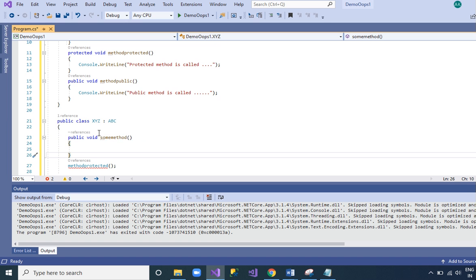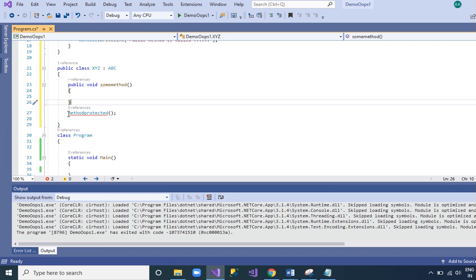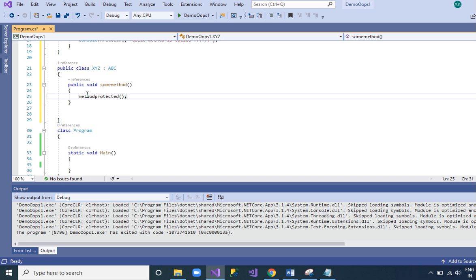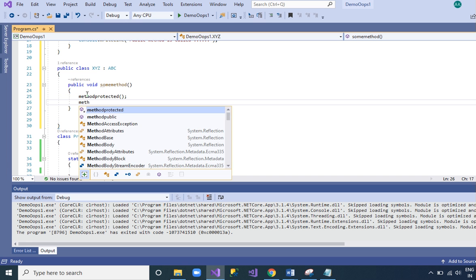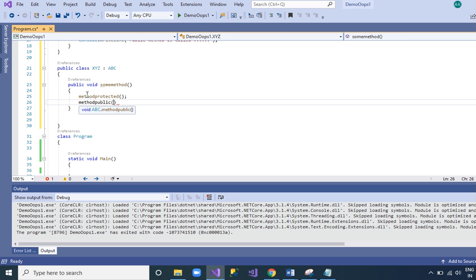Inside this we can call these methods. So now you can see that method protected and method public are available. This is what I wanted to show you.